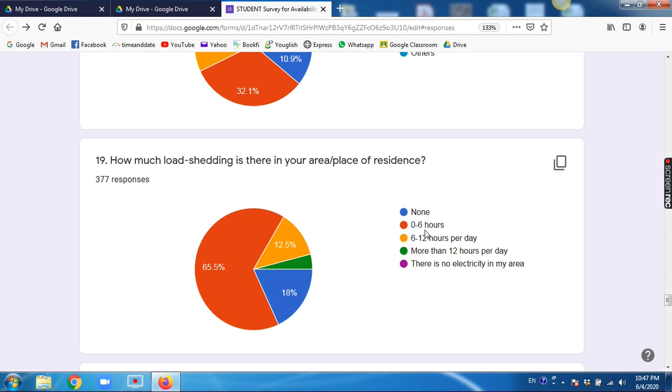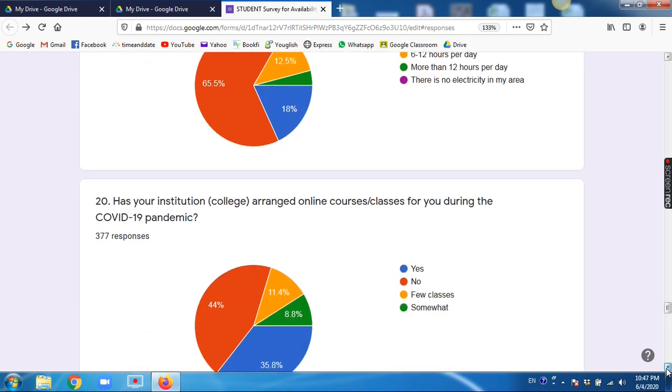Out of 18 hours, if they sleep for 8 hours, they are still left with 10 hours for work. So load shedding is no issue with government sector students.